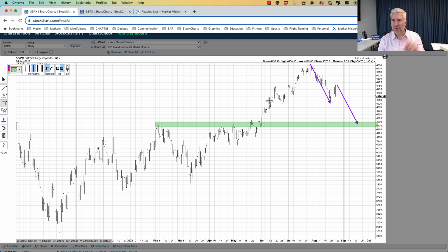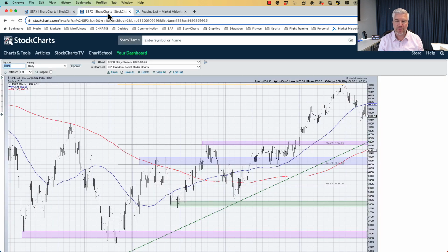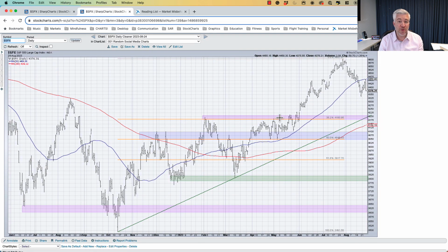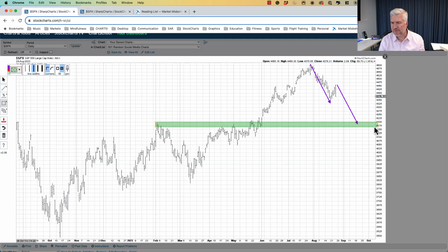So what's really interesting about these two measurement techniques, the head and shoulders top or the ABC corrective pattern, is how that lines up with some other methodologies. Here's one of my main S&P charts that I use all the time. I have some Fibonacci retracements, some support levels, and some trend lines drawn. And just think about those levels we just talked about. That level was around 41, where do we come up with? 41.75 to 4,200, we'll call it.